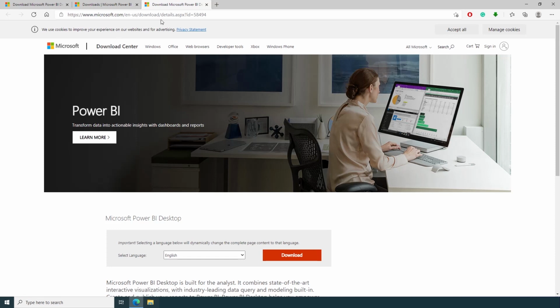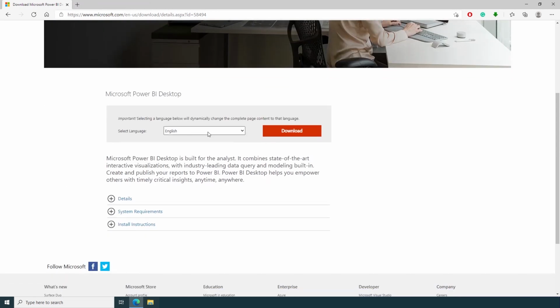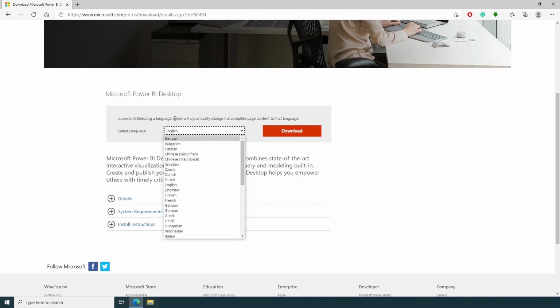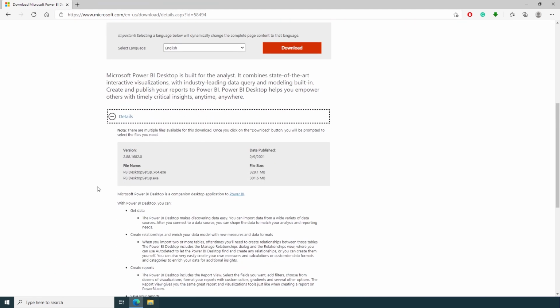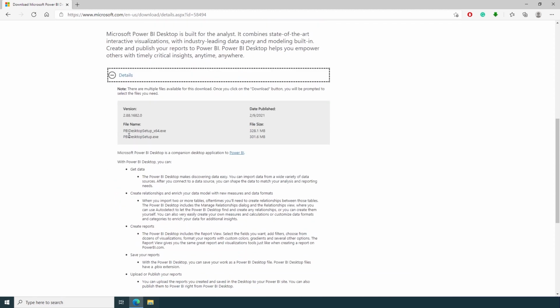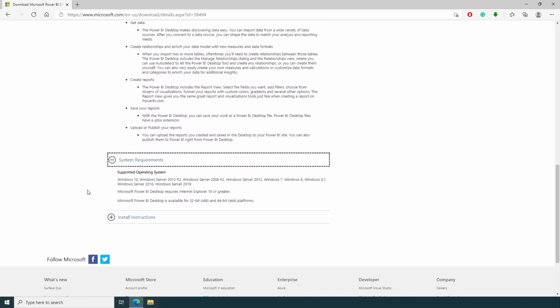Click on advanced download option, and this is the same page which I have mentioned before. Here you can select language, details, and system requirements.